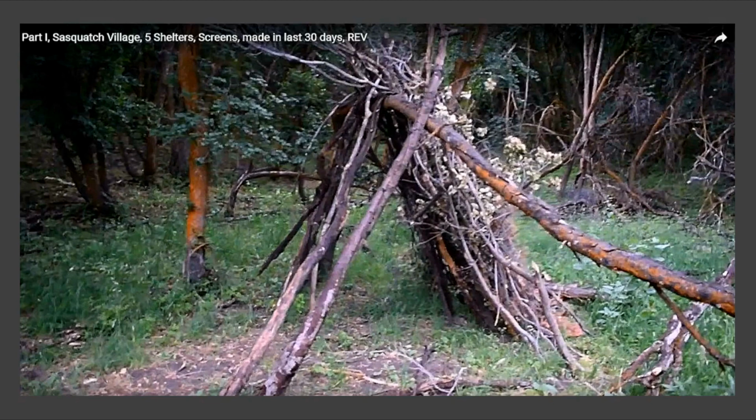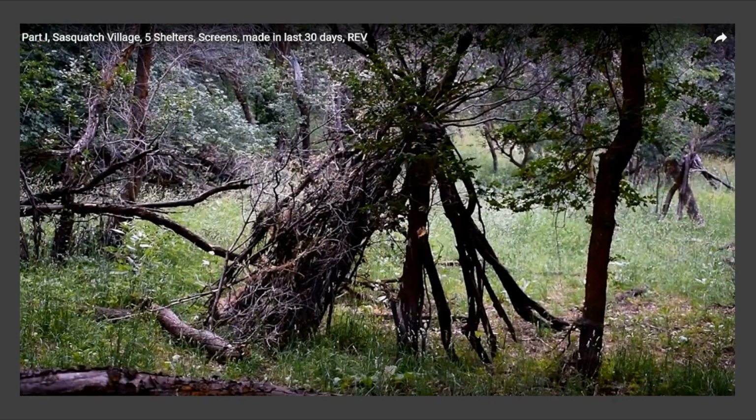Now we scroll down, and this is the same structure from an opposite view. I'm now on the south side of this, looking back towards the north. The center structure is further beyond this by about 75 to 100 yards, but you can't quite see it out there because of the brush in between. Okay. Now the next photo down,